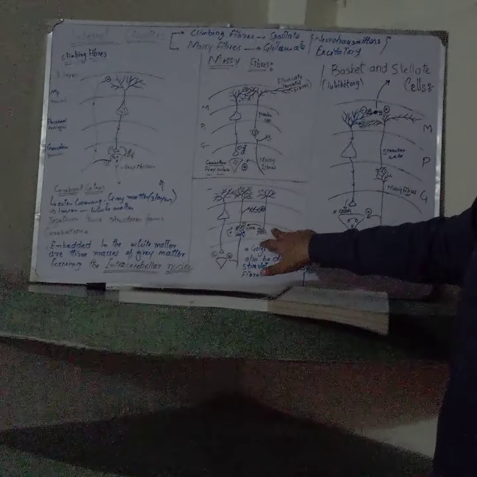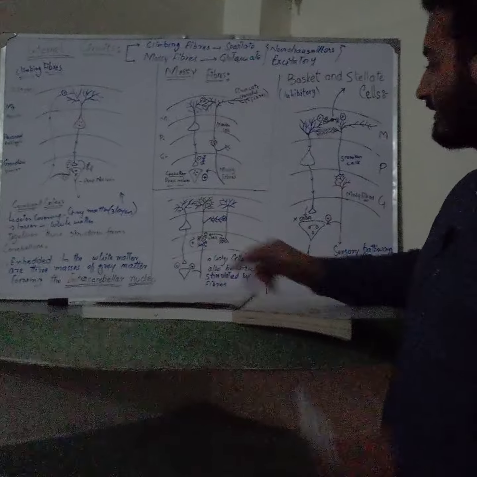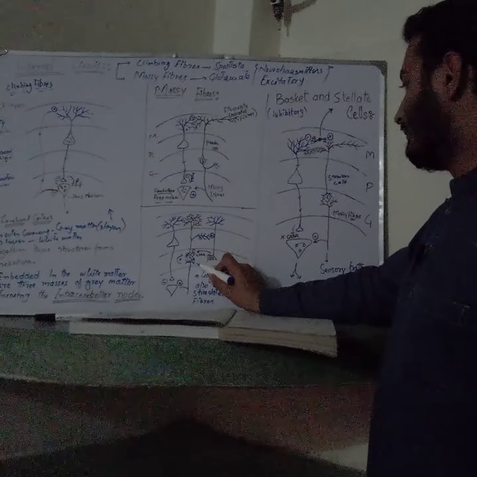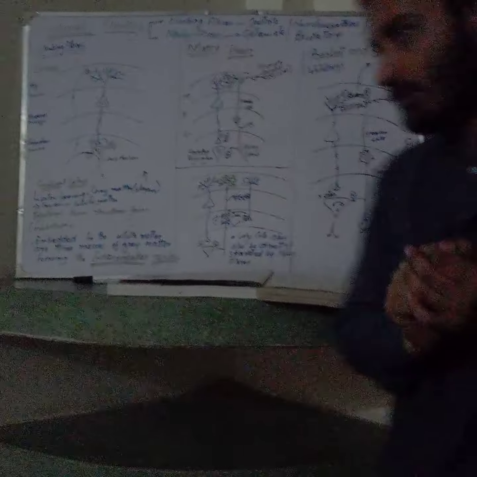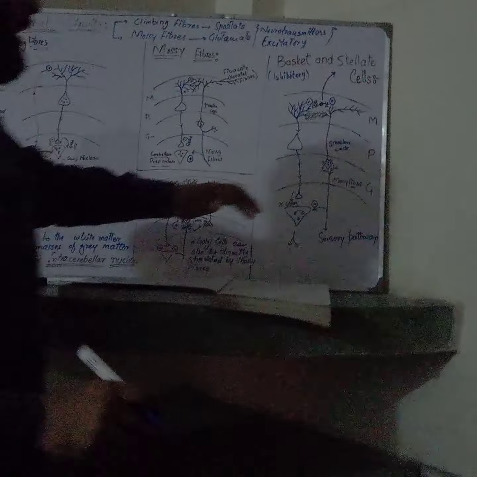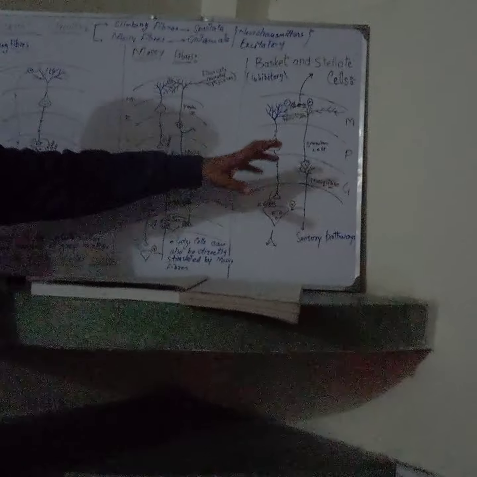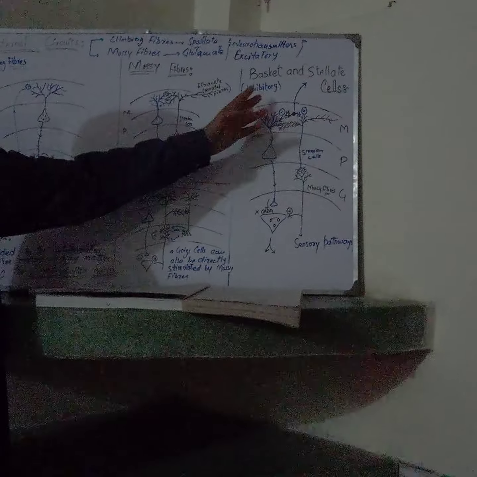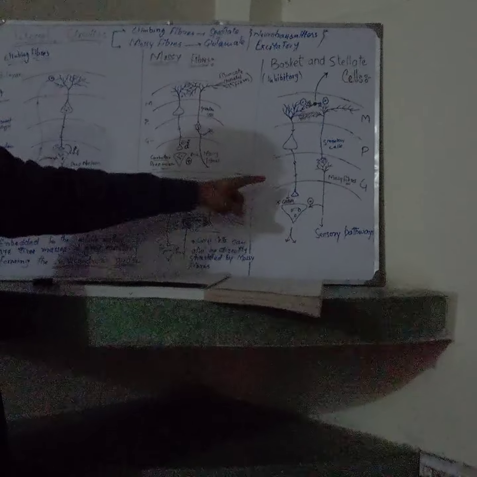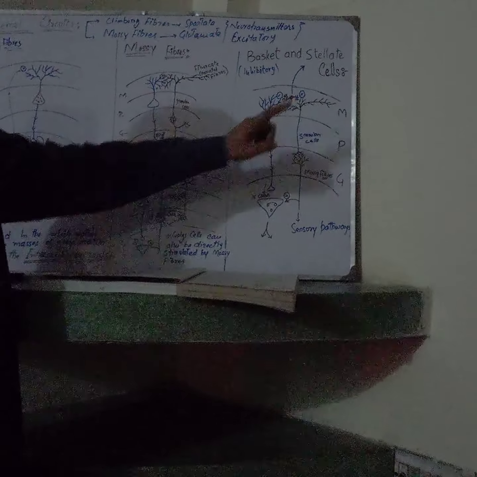Now, these Golgi cells can either be stimulated in the Purkinje layer by granule cells, or they can also be directly stimulated by the mossy fiber. Either way, they will have to release their inhibitory response. Now, there is another diagram, as you can see, for a quick review: the basket and stellate cells. These are inhibitory interneurons, and as these mossy fibers are moving up, they stimulate the granule cells. Granule